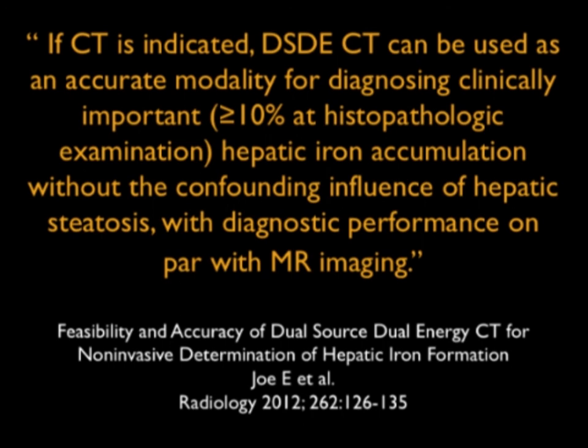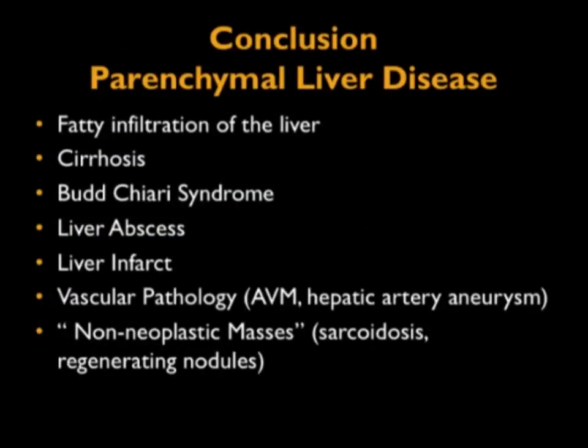In fact, dual energy, the liver has great potential. We've not really used that potential, but I think it's something that you will see coming along. Concluding then, I've looked at a number of things that you can fit in the parenchymal liver disease, or you can fit in the non-malignant category. We spoke about some of the pitfalls, some of the important things to remember. We looked at a range of things from Budd-Chiari to abscess to infarct to fatty infiltration, and hopefully you've picked up some good pointers. And if you have any questions, please let me know.